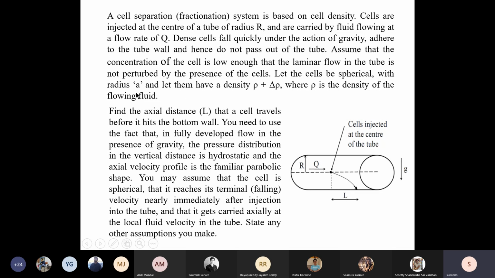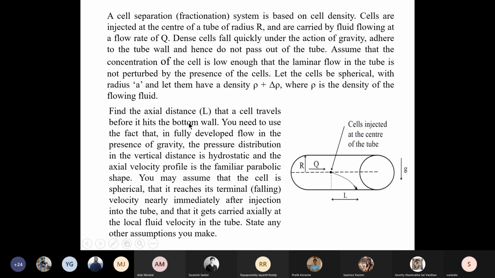The radius is known, which you can find out from experiments, from microscopic observation, and the density is rho plus delta rho. So delta rho is the additional density that the cells have in comparison to the density of the flowing fluid. So what we need to find out is the length that a cell travels